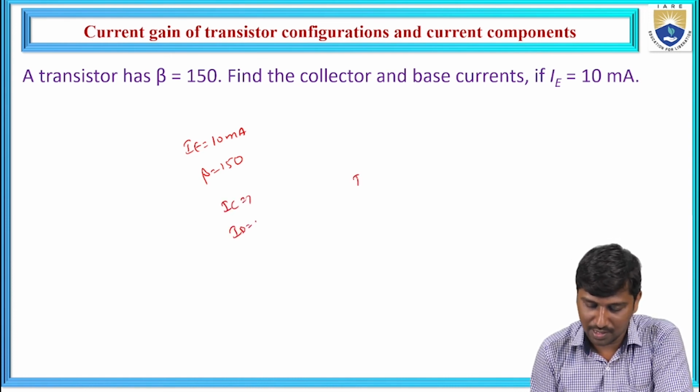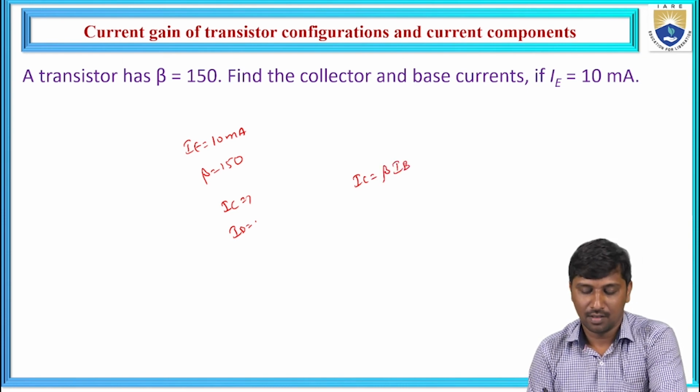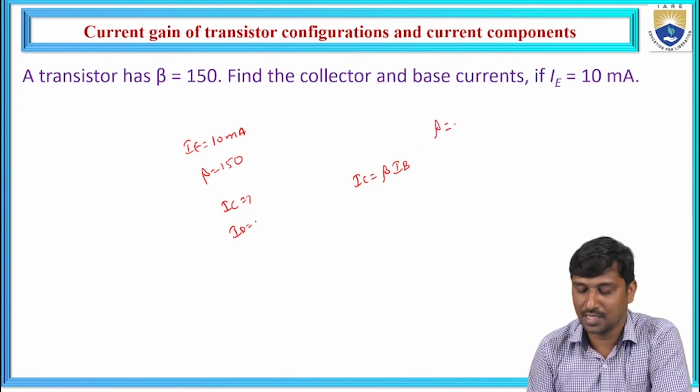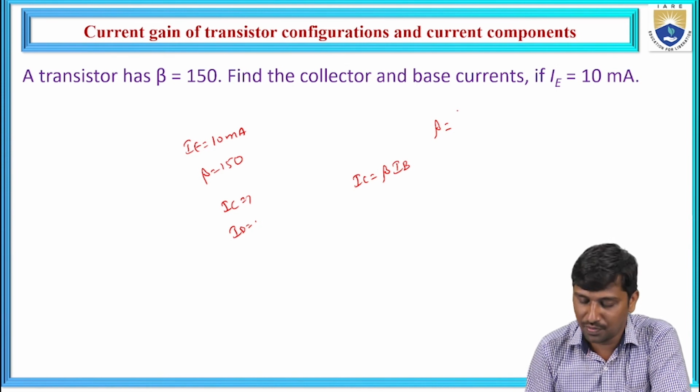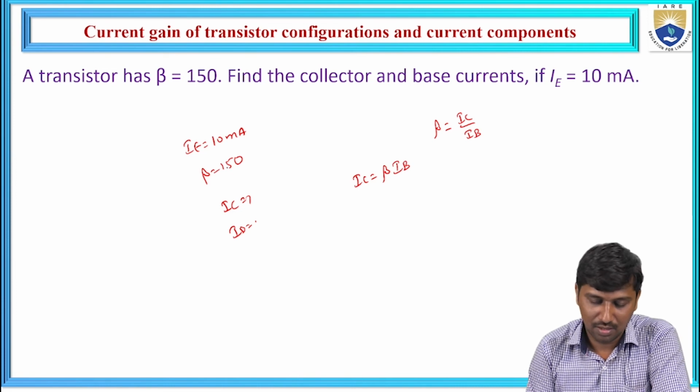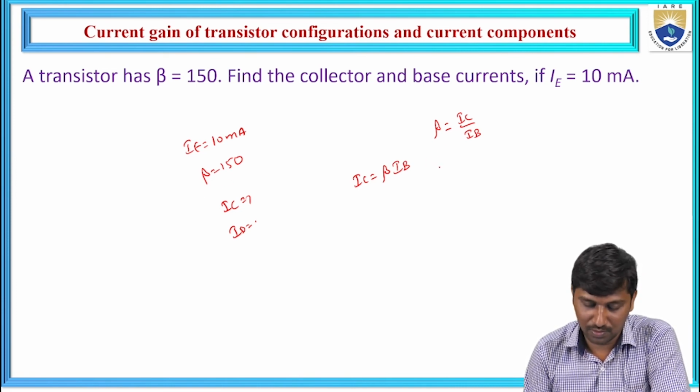So we know that IC is equal to beta times IB. From this, first we need to find this beta, and in that we need to find IB. So beta is generally the ratio of output current IC by IB. Now, based on the given specifications, in this case,